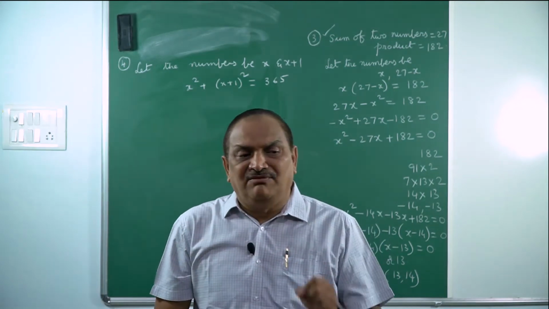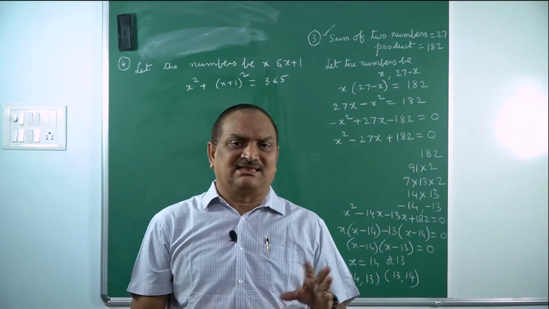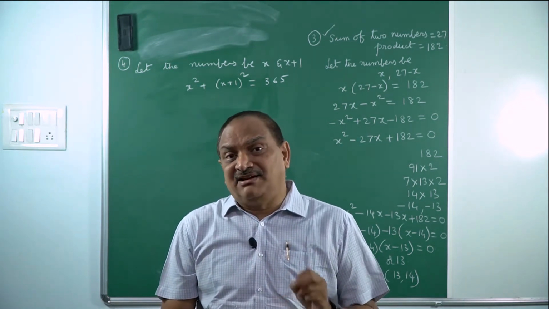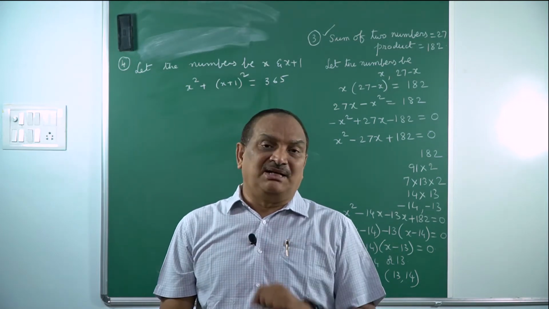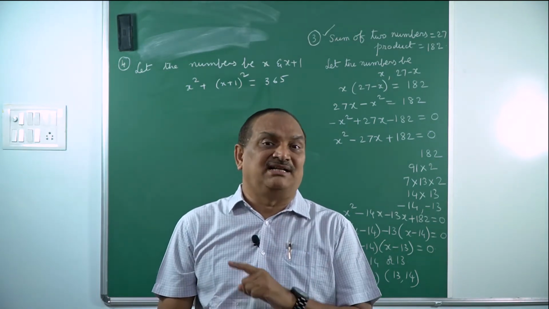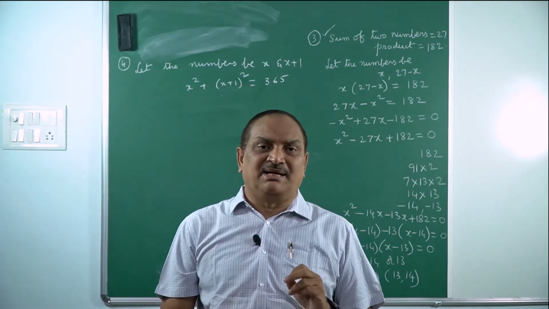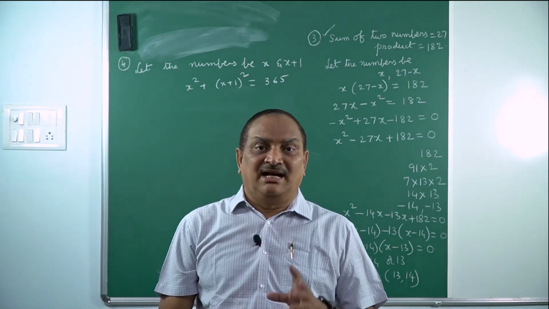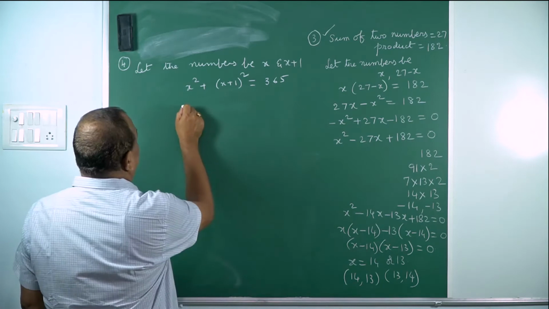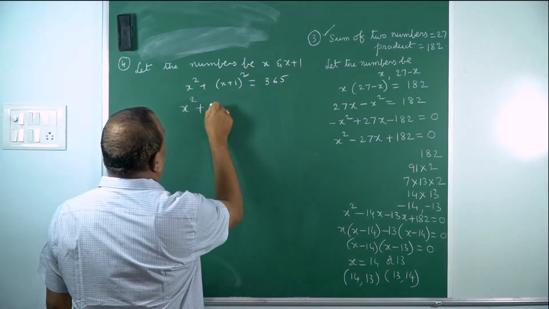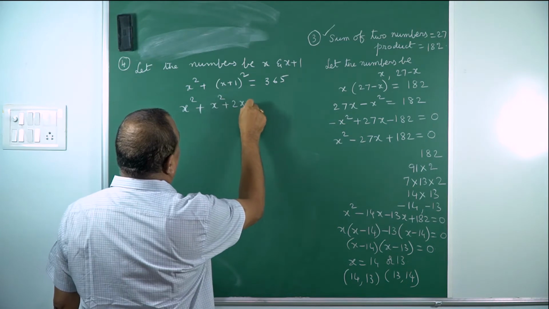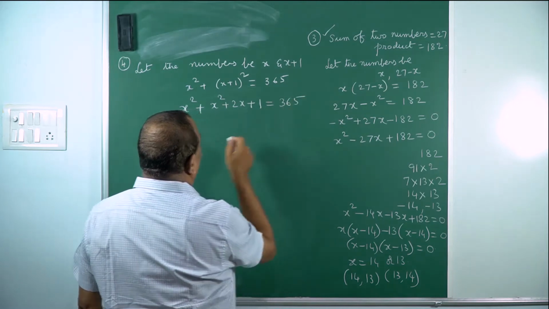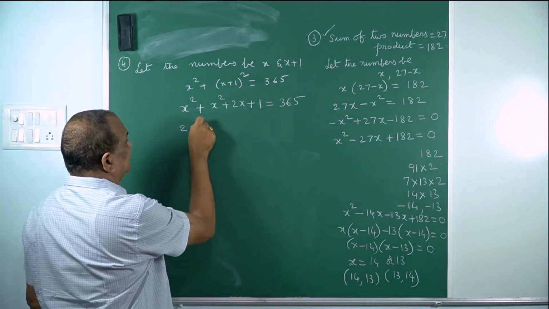So the sum of the squares of two positive integers is 365. Determine x. But if by any chance x is negative, that value is inadmissible because he gave that x is a positive integer. This point must be kept in mind. He said very categorically that the number you are considering is a positive integer. Therefore, let us see now: x square plus x plus 1 whole square. I expand x plus 1 whole square, x square plus 2x plus 1, a plus b whole square. I expanded, and equals 365. So 2x square and 2x,